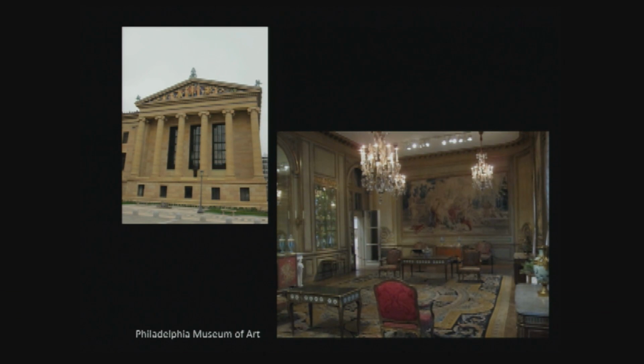And we have period rooms from the time which survived in museums, and this is also something very interesting which I just want to note, is that several of these rooms which you see today in big American museums actually adorned earlier on private apartments, often in New York City, and were given later to museums of art, such as the Louis XVI room in the Philadelphia Museum of Art by bequest of Eleanor Elkins Rice in 1939 only,